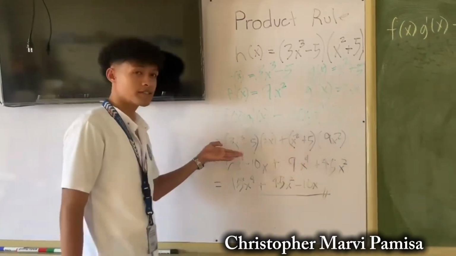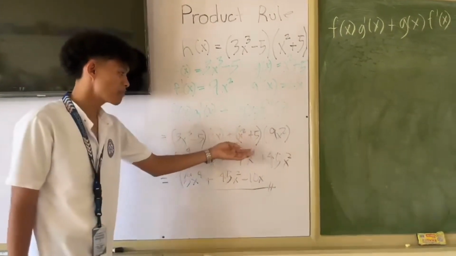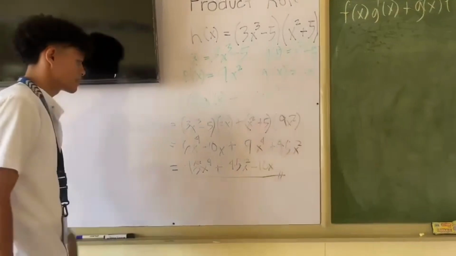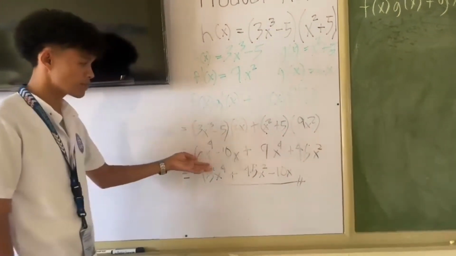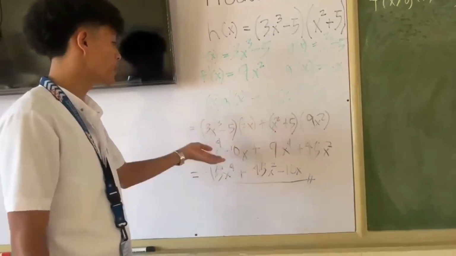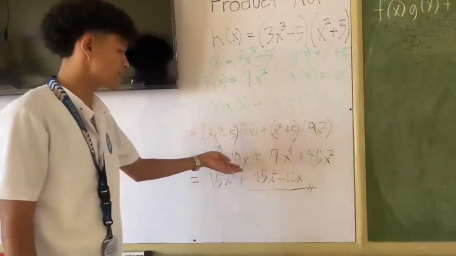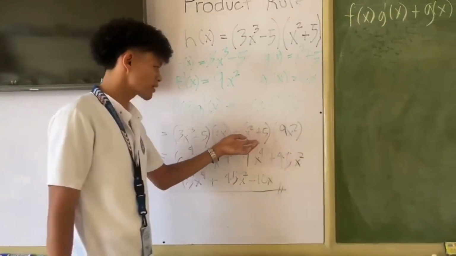So 3x cubed minus 5 multiplied by 2x plus x squared plus 5 multiplied by 9x squared. So 3x cubed multiplied by 2x is equal to 6x raised to the power of 4. And negative 5 multiplied by 2x is equal to negative 10x. Copy the sign and x squared